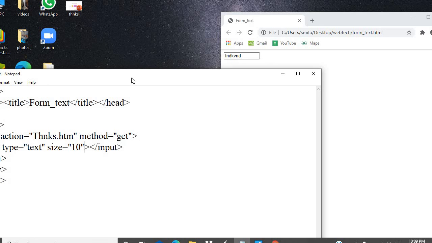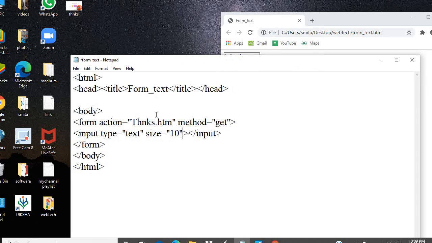So over here, to insert the text box through a form, we have to use the input tag having the attributes type, size, name and maxlength, and how much length you want you can specify over here. So through this we can easily insert the text box.